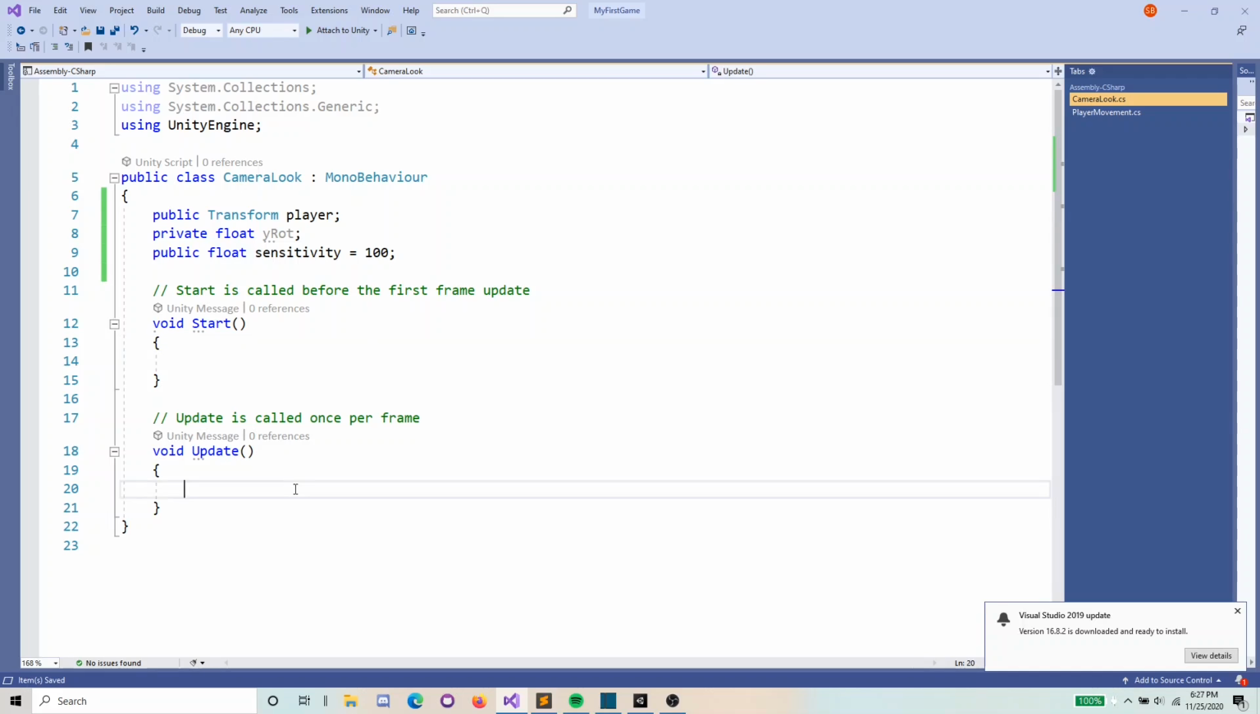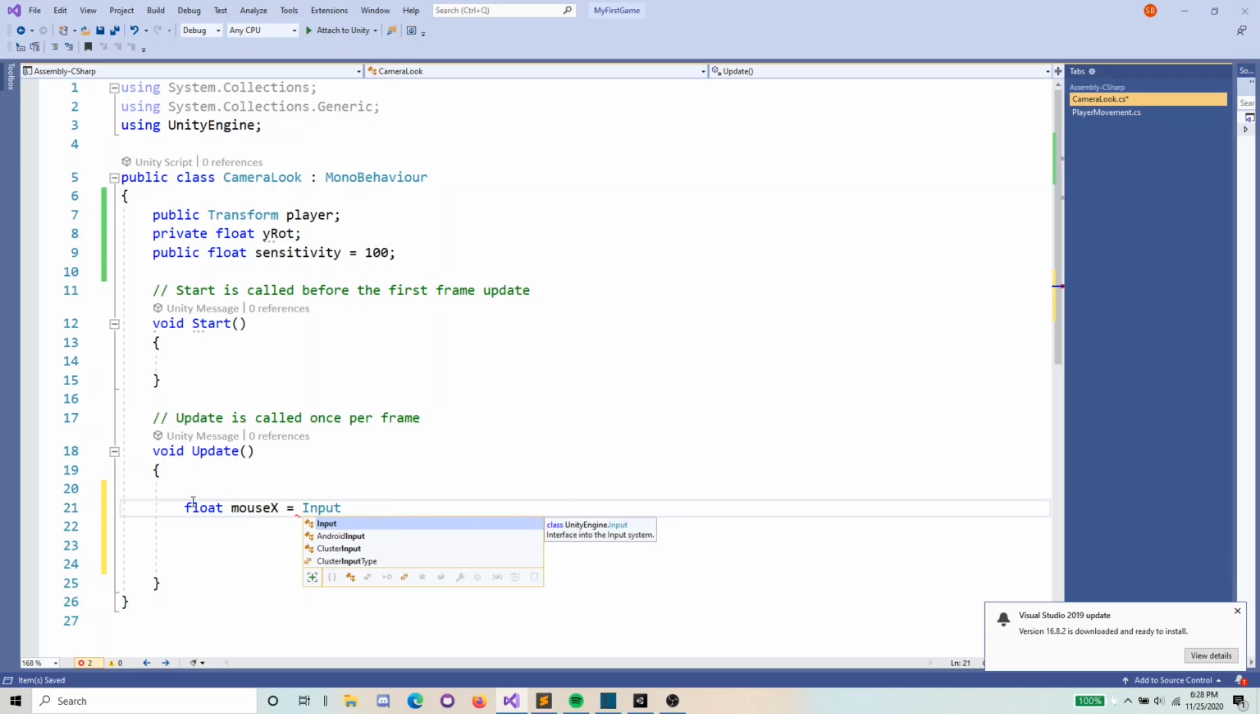And now if I go into void update and add a couple of spaces, remember everything between this bracket and this bracket is part of void update. So the first thing we would like to do is get some variables and figure out the input on the mouse. So I'll do a new float. So float mouse x, which is the mouse on the x-axis, and then I'll set it to our input, and we would want to get axis mouse x,